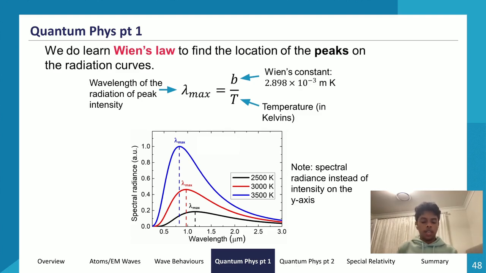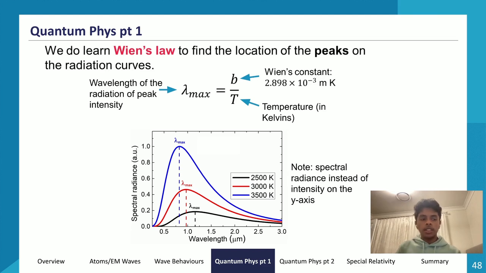which is 600 nanometers. So if I'm now calculating the temperature of the knife, I have 600 times 10 to the power of negative 9, which is equal to the wavelength. And I divide Wien's constant by that. So I do 2.898 times 10 to the power of negative 3 divided by 600 times 10 to the power of negative 9 to get a value of 4,830 Kelvin, which is a lot more than 1,000 degrees. It's very high basically. So that's how we would calculate the temperature of that knife, assuming that the material of that knife was a perfect black body.